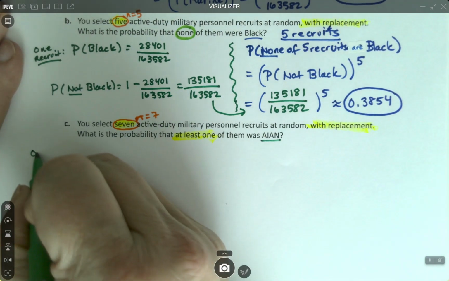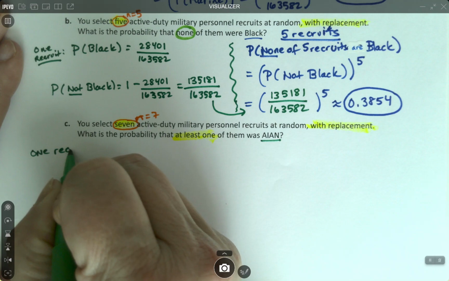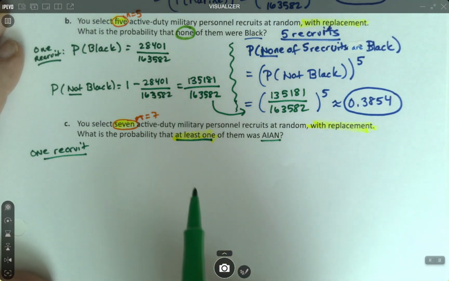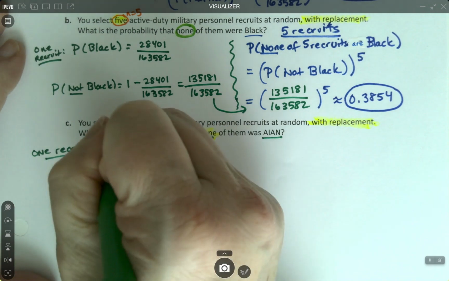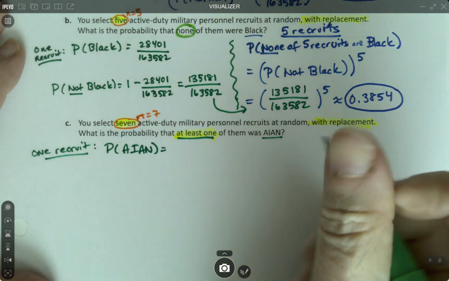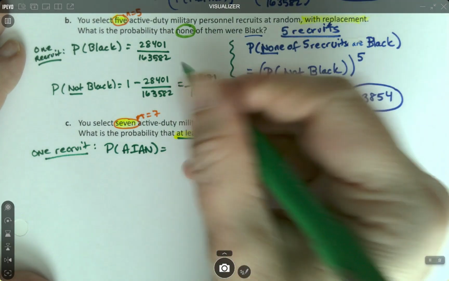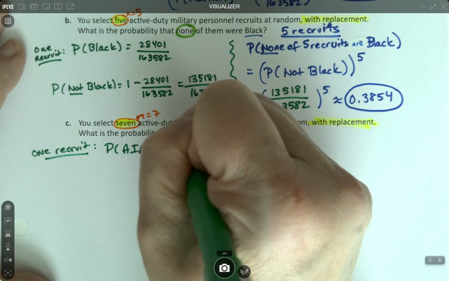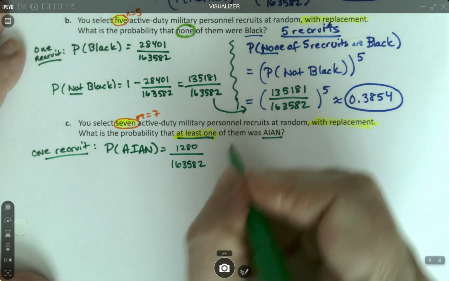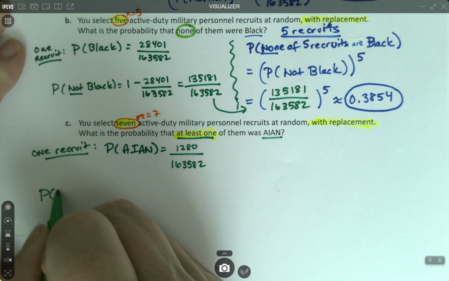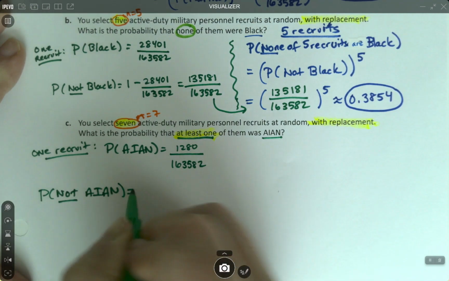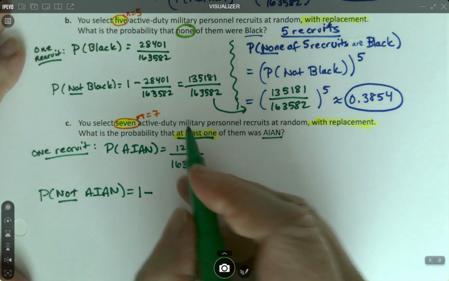All right, so for 1 recruit, you always have to do this for at least ones and nones. They both have the same kind of setup. You've got to find the probability of AIAN. Okay, AIAN is 1280 over 163,582. Okay, so the probability of not AIAN is 1 minus that,